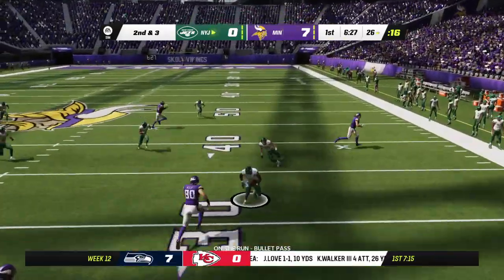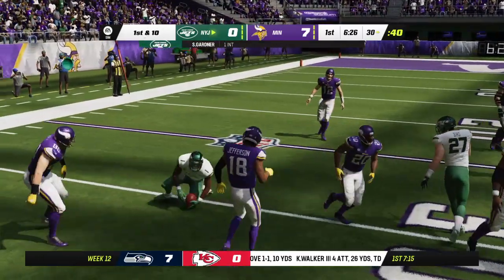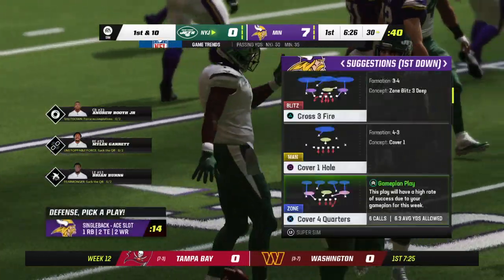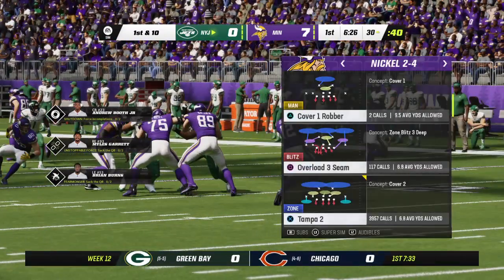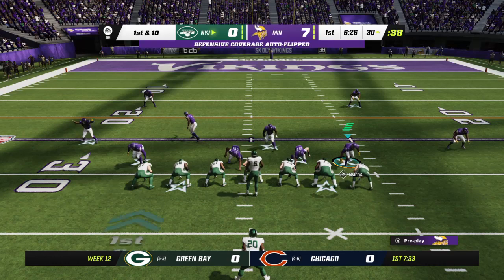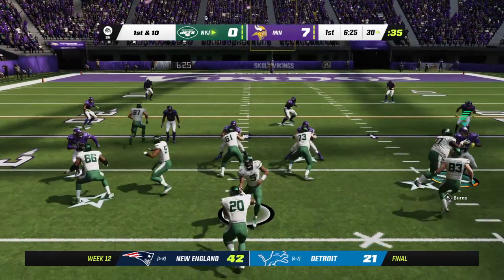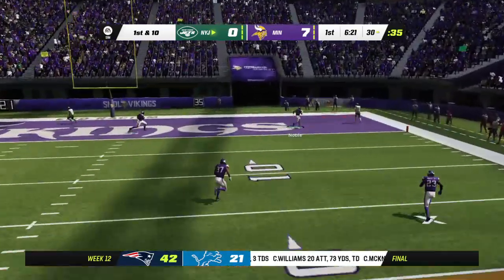Into a double team, and it's intercepted. Sauce Gardner picks it off. And the Jets are going to take possession of the football. And, Charles, that's now 4 interceptions over his last 3 halves of football. Because, remember, he threw 3 picks last week. Starting to wonder if maybe defenses and those coordinators have identified something on tape with what he's doing, maybe a